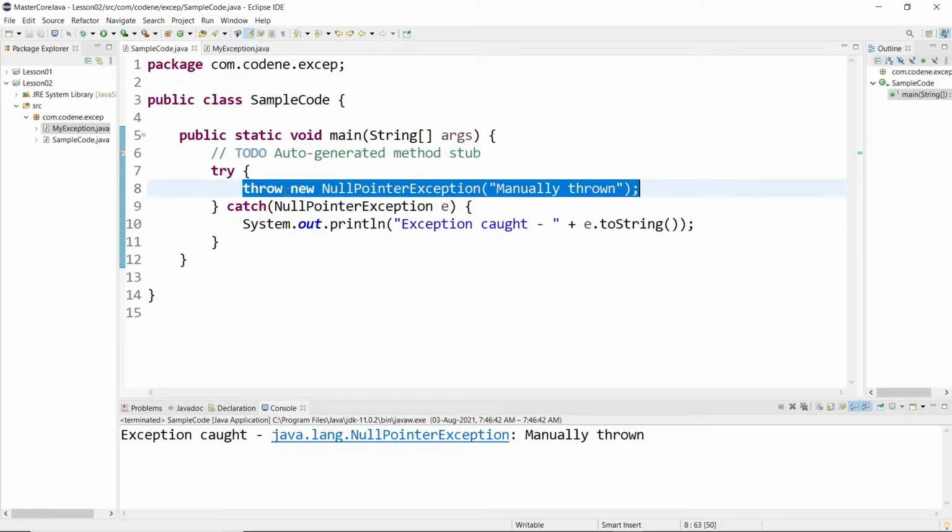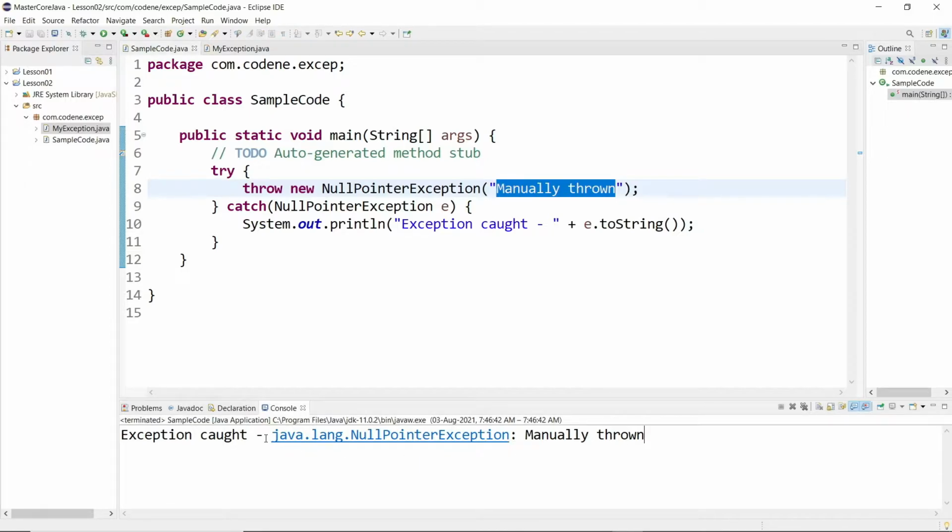So this is thrown by the user. And then here you see the string that I'm passing in the constructor is getting printed as part of the exception. So this is how you can use the throw keyword to throw an exception explicitly.